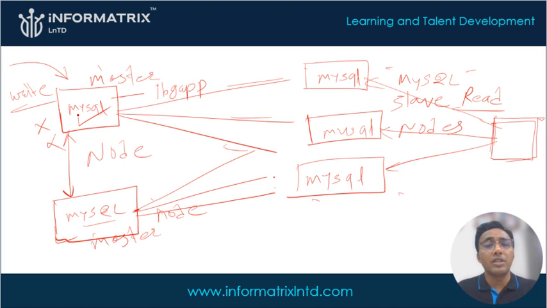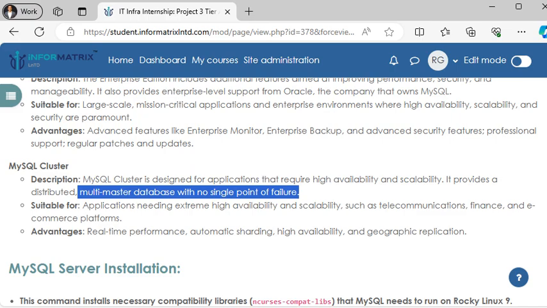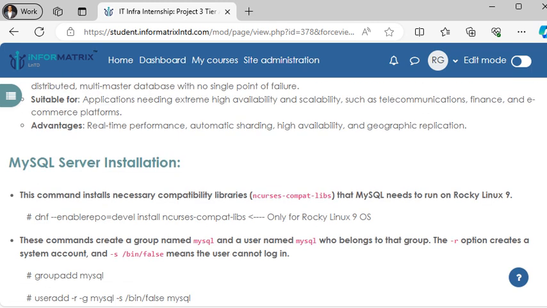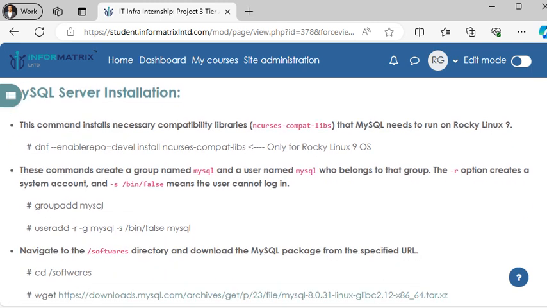So we are installing the MySQL services, then creating the databases, and then we can create the slave instances, etc. So we understood that if we are going for the enterprise companies also, MySQL is one of the very popular and suitable database system. Now let's understand how to install this